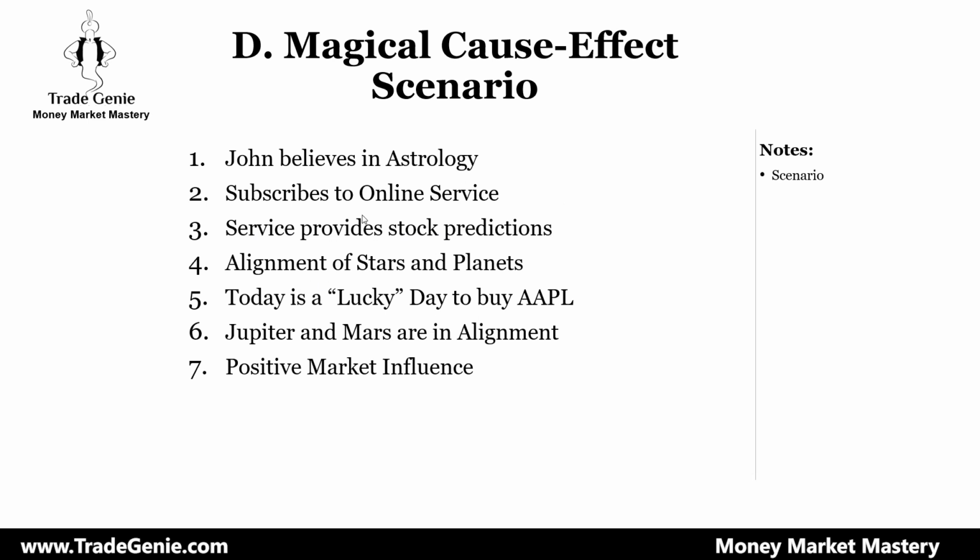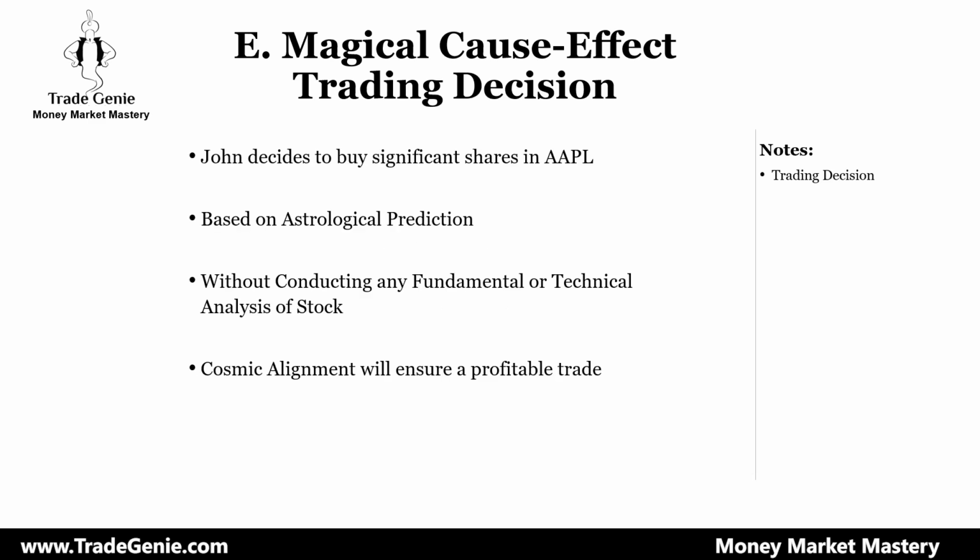Maybe the stock prediction is to buy Apple. Today is a lucky day to buy Apple. Jupiter and Mars are in alignment, so positive market influence, and based on this study, whenever Jupiter and Mars are in alignment, Apple goes up. So go ahead and buy Apple. John believes in it. John puts his bet, buying significant shares in Apple based on an astrological prediction without conducting any fundamental or technical analysis of the stock. Cosmic alignment will ensure a profitable trade because Mars is aligned with Jupiter, so Apple must go